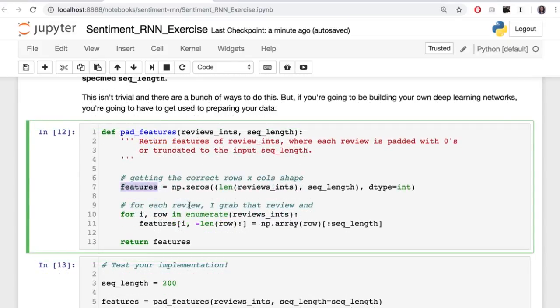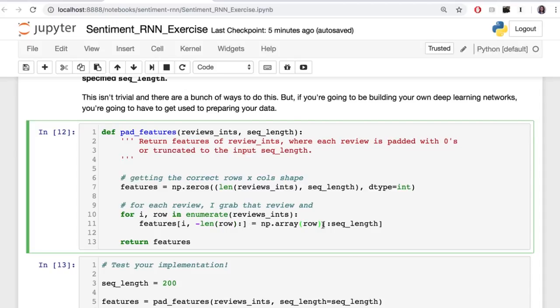Then for each review in my list, I'll put it as a row in my features array. The first review is going to go in the first row, and the second in the second, and so on. I started out thinking of my short review case. I want to keep a left padding of zeros up until I reach where that review can fill the remaining values. So I'm looking at filling my features, starting at the index that's at the end of the features row, minus the length of the input review. So if a review is short, this means our features are going to keep the zeros, which are padding on the left, and the review tokens will be on the right side.